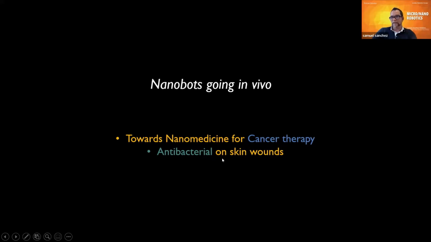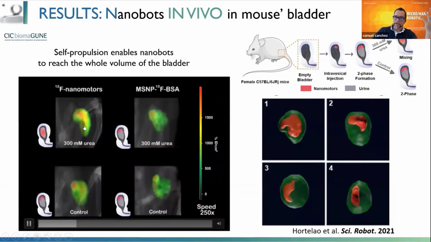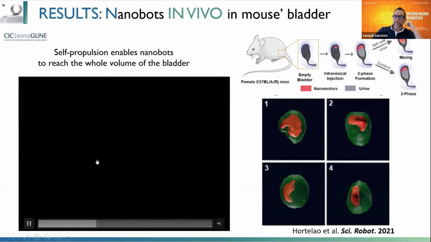And just one slide about our last work on skin bones. We injected intravesically because we want to go only to the bladder. This is very nice because it's a typical method they use in the clinic. They empty the bladder, they inject the drug, or in this case, the nanobots, and they accumulate there. And once you start having the urine inside, this will be case number 1, the nanomotors that you will see here.